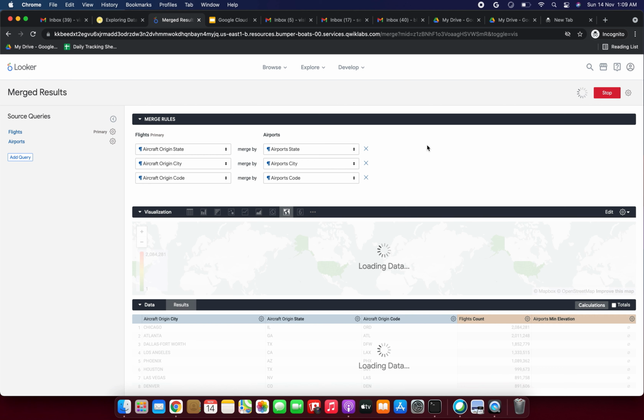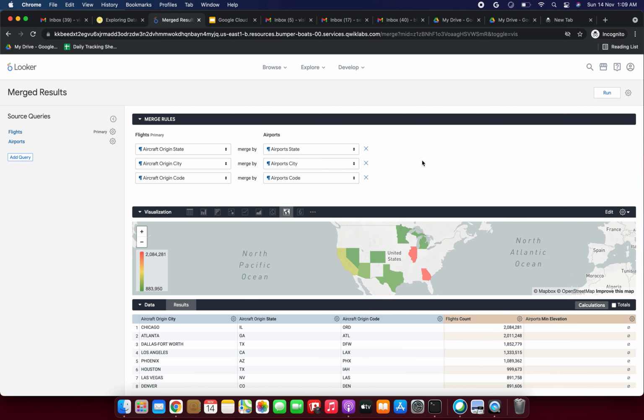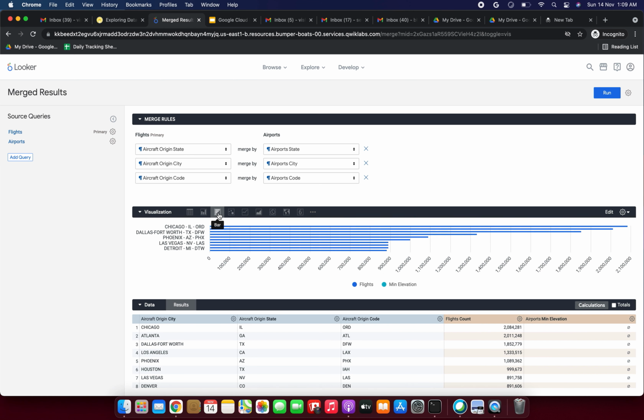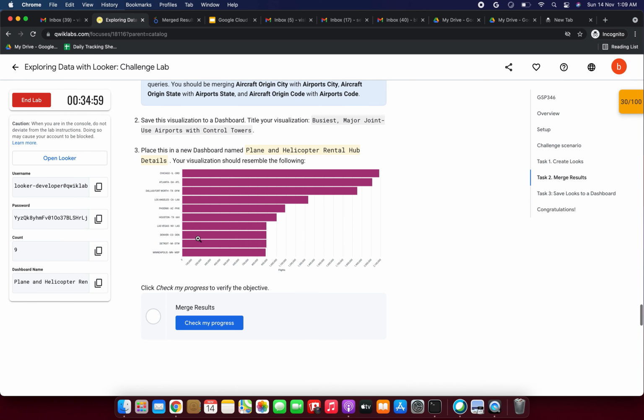Okay, now again I am clicking run here, and now we are going to see the results. So visualization, under this bar I am clicking here. I have clicked the bar, and you can see these things. And next what we need to do means, okay, now we have done correctly, I think so. I have done, okay, we have done wrongly. So okay, we will try to rectify it.